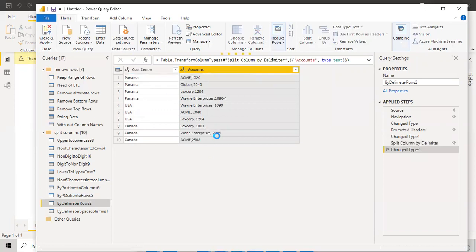You can see this right now. This ACME and its quantity has been split, so 4 products were there in Panama. Four times Panama came, and the 4 products were split into this. This is how we convert that.